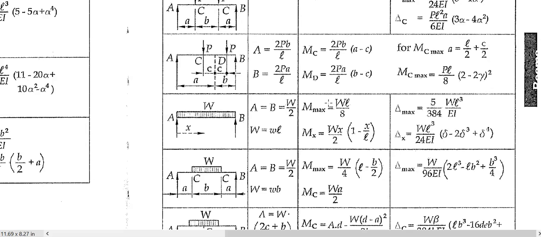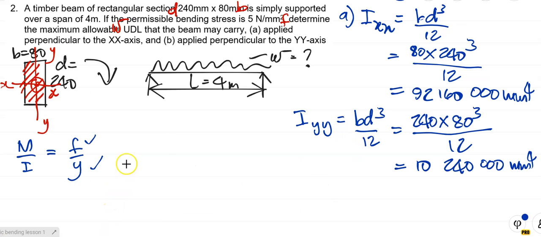You need to remember the formula, and that is the formula for the maximum bending moment at the center of a similarly supported beam with a UDL along its whole length. WL squared over 8. Right, so we know,